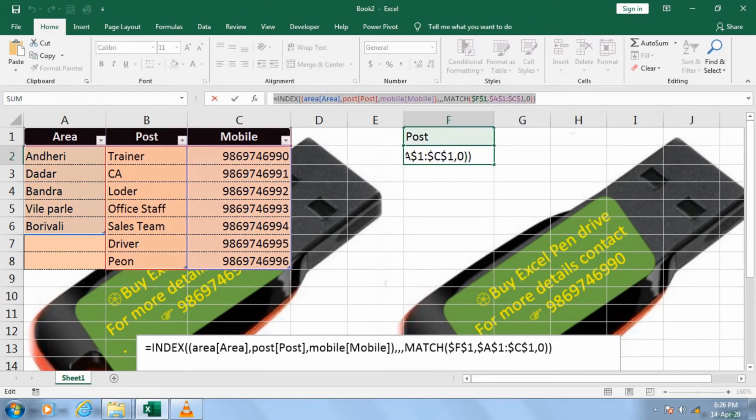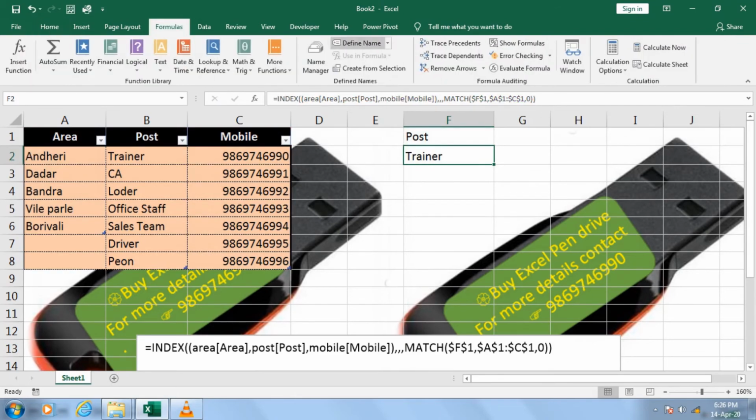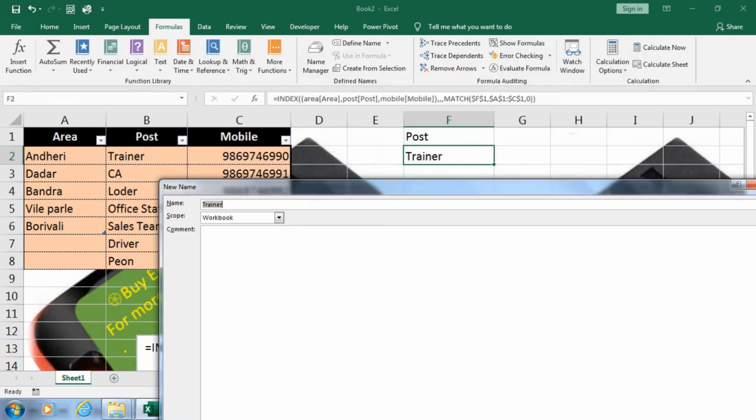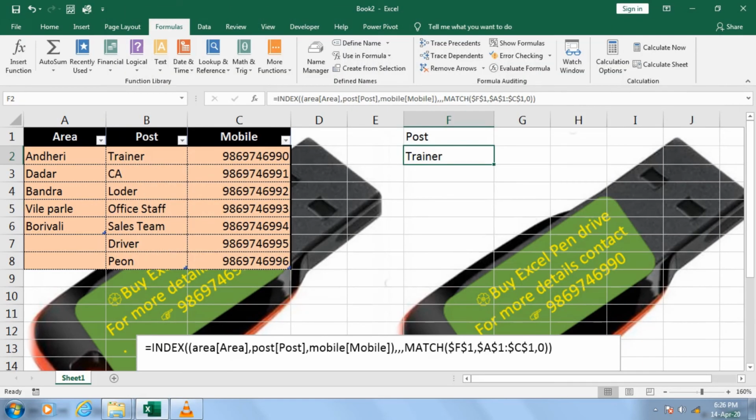Here I am using a new trick: go to the Formulas tab, there is Define Name. Let me give the name, for example, as test. I repeat, whenever I say test, it will understand what I mean by test. So when I say test, this formula must get executed. If you are getting some error or message, that means your formula contains an error, guys, that you have to remember.